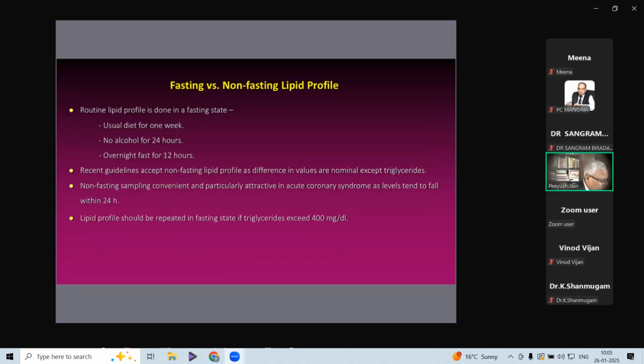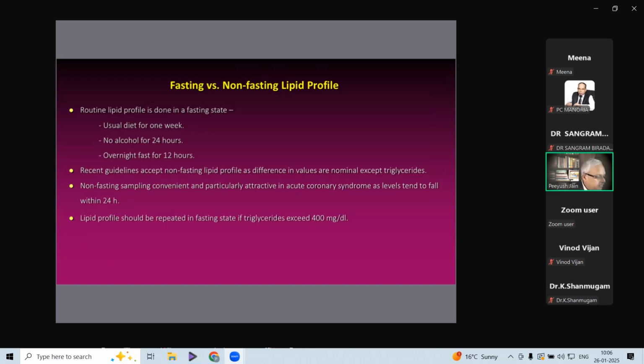So the issue which has been discussed in the past few years, over and above these routine measurements and the methodologies, is whether we should do fasting or non-fasting lipid profile. So routine lipid profile has been, and is still being, done in a fasting state with instructions to the patient that you have to take a usual diet for 1 week, no alcohol for past 24 hours, and an overnight fast for at least 8 hours, if not 12 hours. But